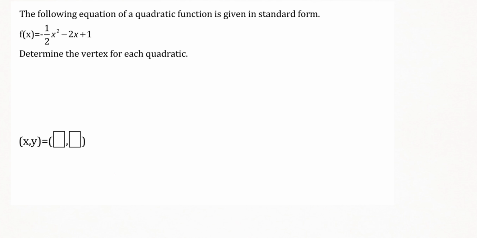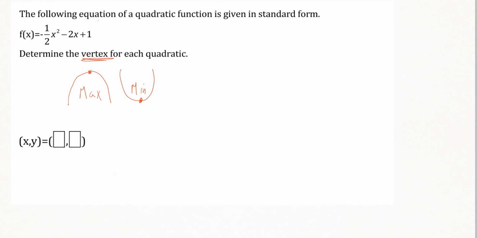All right, this problem starts us off with a quadratic equation and wants us to find the vertex of that quadratic equation. The vertex of a quadratic equation is either going to be the max, the peak, if we're looking at an upside down U, or it's going to be the valley, the min, if we're looking at a standard U-shaped quadratic equation. It's just the x and the y of our min or our max point depending upon the